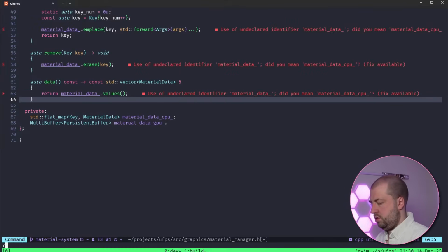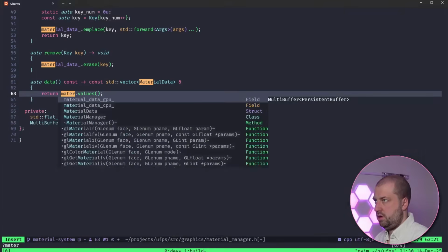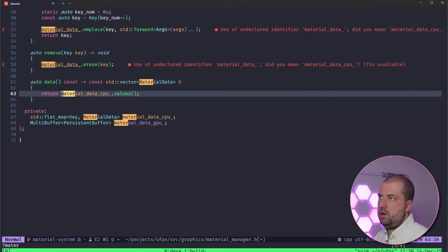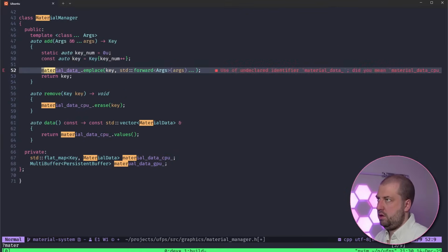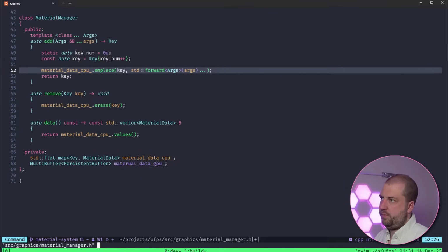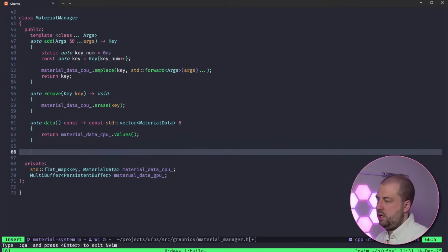Okay. Something like that. And then we're going to need an auto native handle const